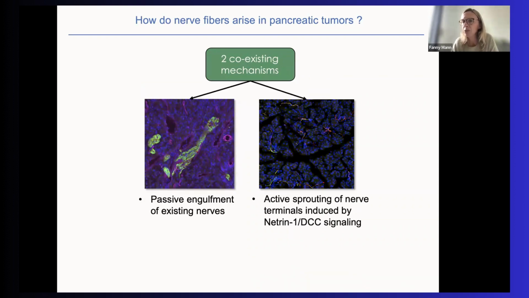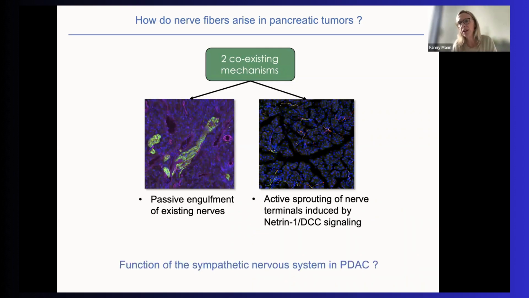So netrin might be part of a defensive mechanism at this stage of the development of the disease that would inhibit the cancer progression. So we wanted to directly test indeed this potential protective activity of the sympathetic nervous system in